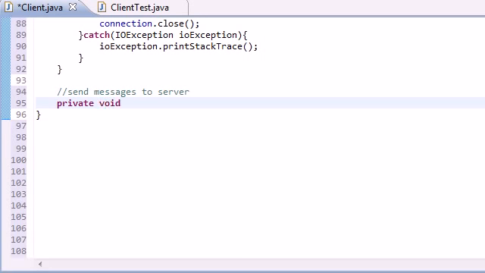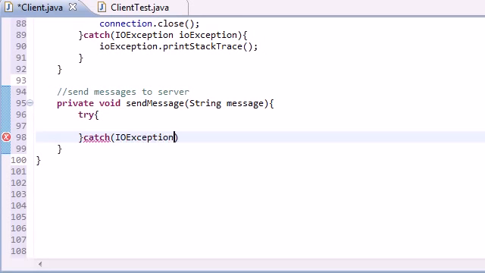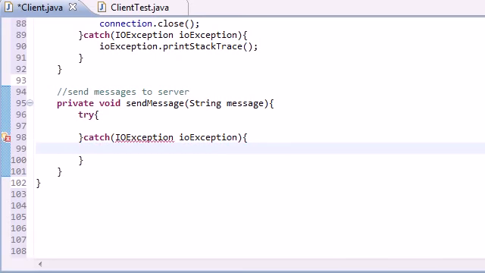So, private void send message, and of course it's a string that gets passed in, and we'll just go ahead and treat it as message. Now what we want to do is of course put it in a try catch statement, and hopefully this catch never runs. So IO exception, exception, and what can we put? We'll just go ahead and put